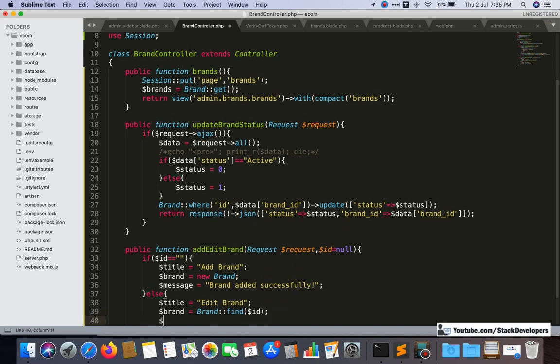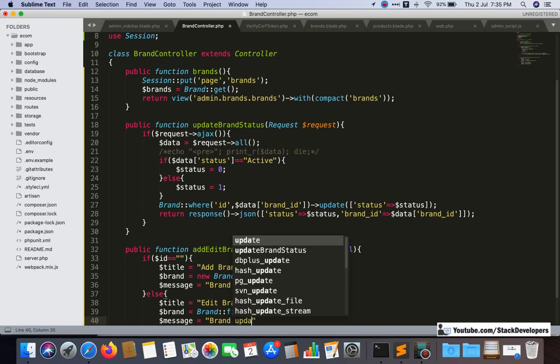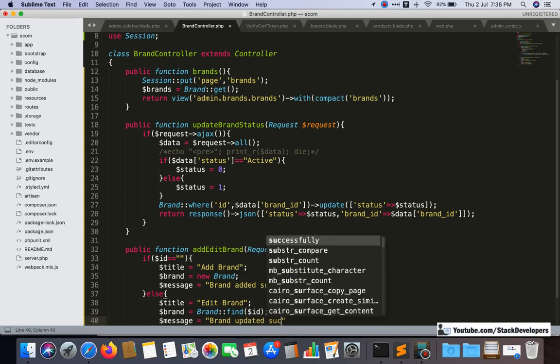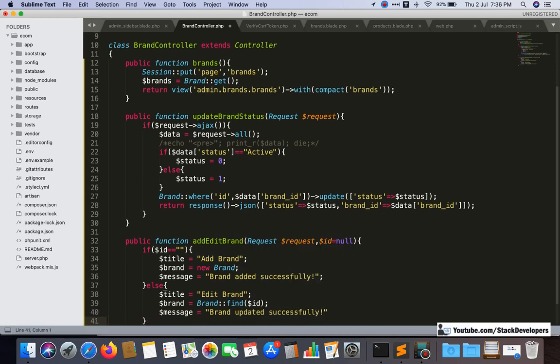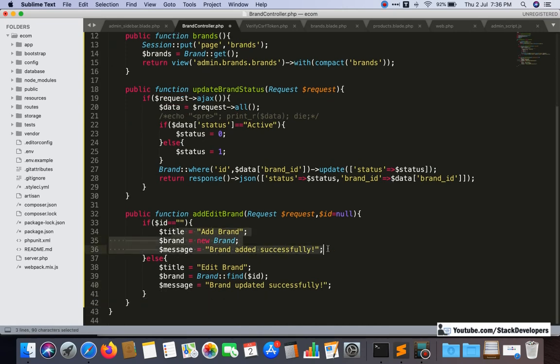And the message will be brand updated successfully. Okay, in case of edit. So this time we are working on this because we are adding the brand.